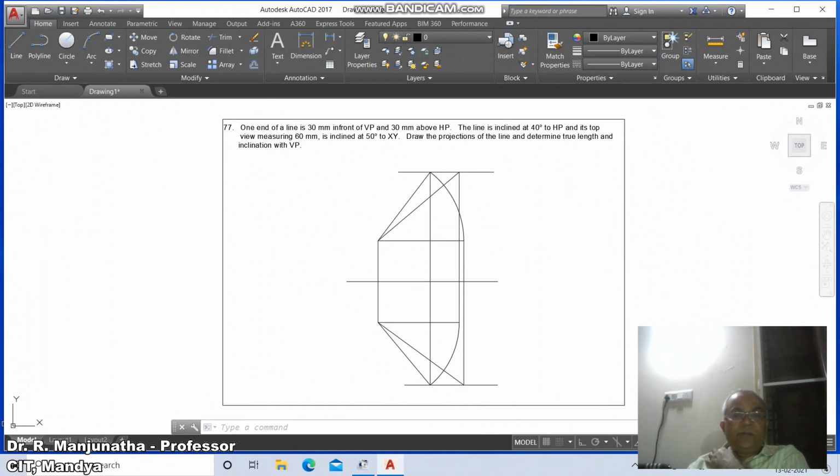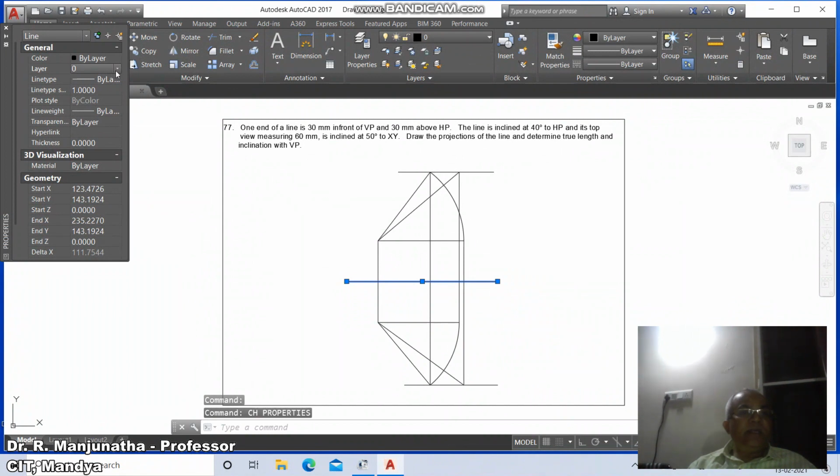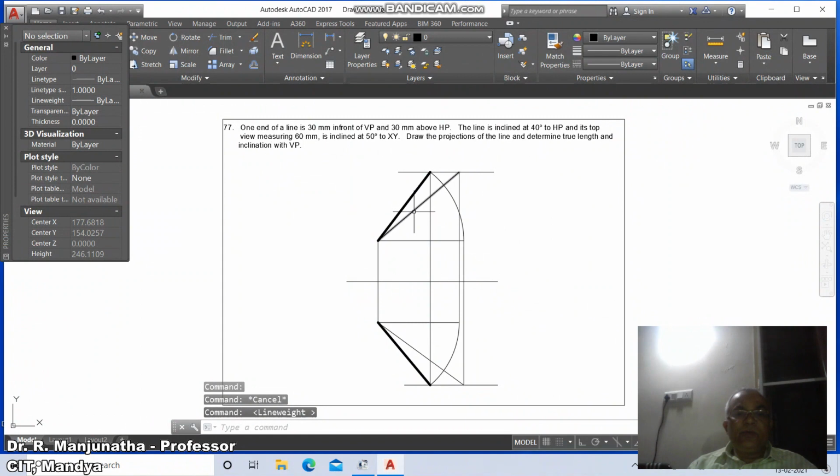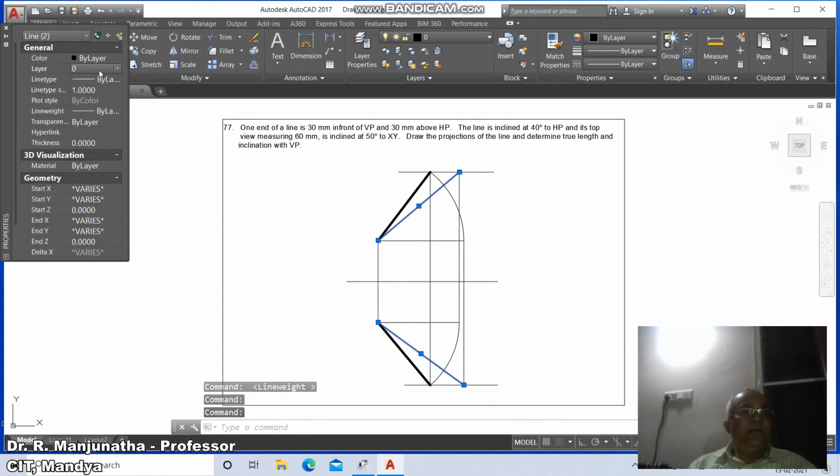Now we go for changing the line weights. To do that, first you click on this line, the XY line, go to CH, the command is layer, you make that as XY and escape. Similarly, you take these two lines, which are the front view and the top view, go to views and say escape. Now here you switch on the line weight. Then go to these two lines, which is the layer that is going to be the true length. Then escape. Then go to these two lines and say layer and make this layer as locus, and this line type you change it to 10.